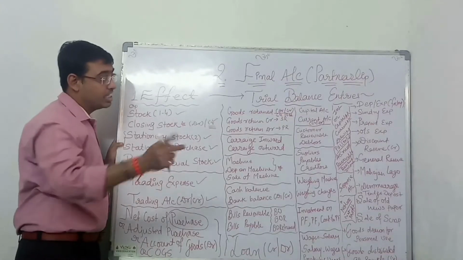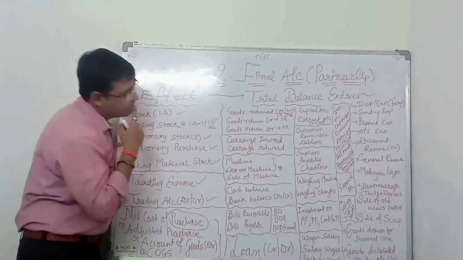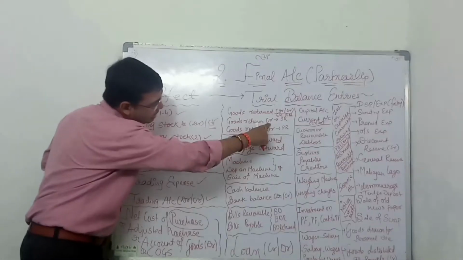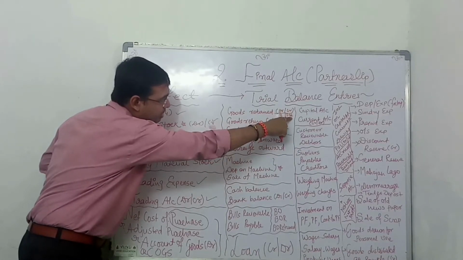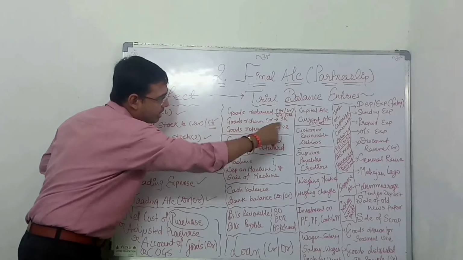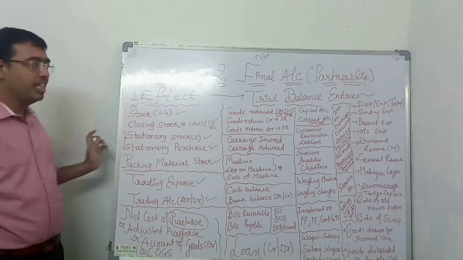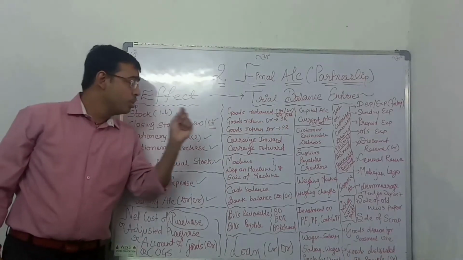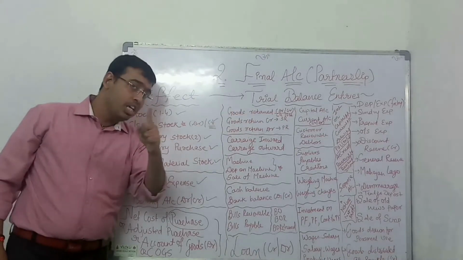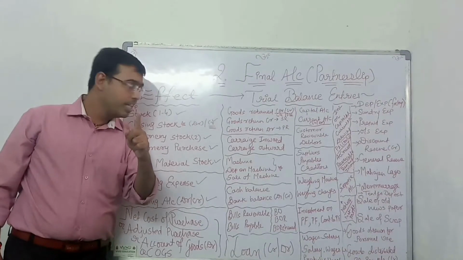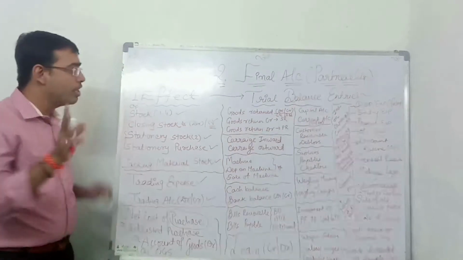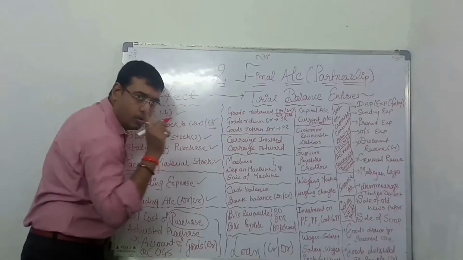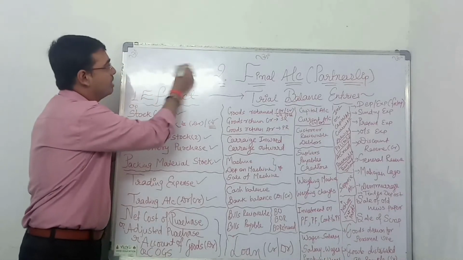So your natural argument would be, sir, then why have you written credit and SR here? Here you are explaining credit and purchase return. Then why have you written credit and SR? Beta ji, goods returned, if it is only returned or given, concentrate on the debit side. What are you doing in sales return? Please check it here.